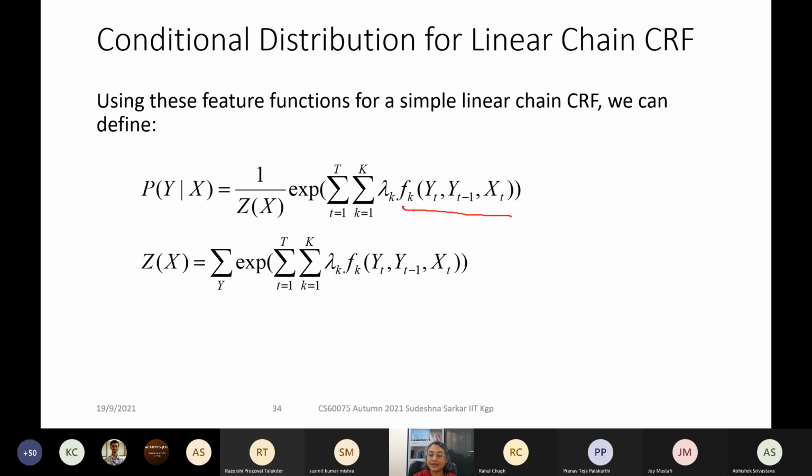Does the word end in ET? Does the previous tag repeat the current tag? So we can add as many features as we want. And then we can define this function as a weighted summation of these features. And then we can model this probability distribution as normalized based on exponential of this function.